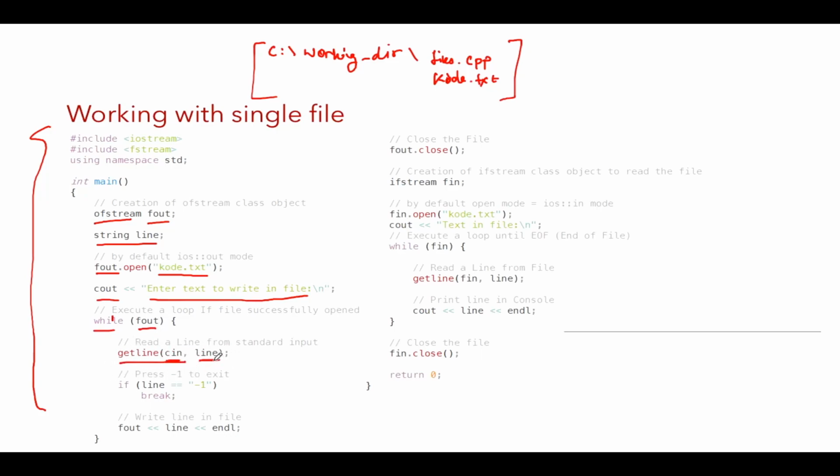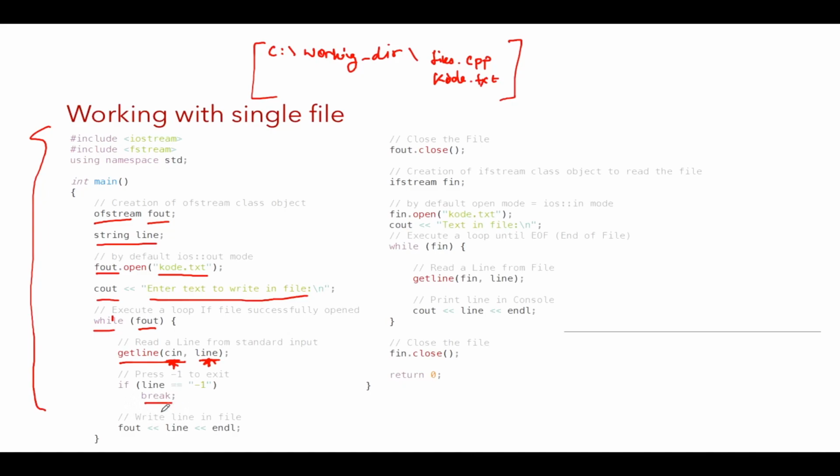cin comma line. So whatever input that we are going to read from the input device, that is the keyboard in this case, that will be stored into your string line. And then if line is equal to -1, that is in case there is nothing in that line, we are writing break. So if your line is empty, this while loop will be exited